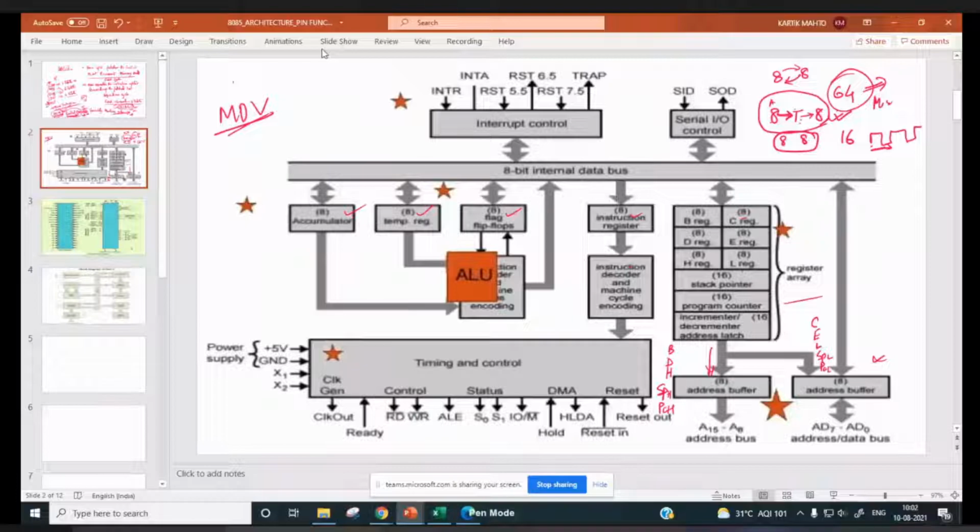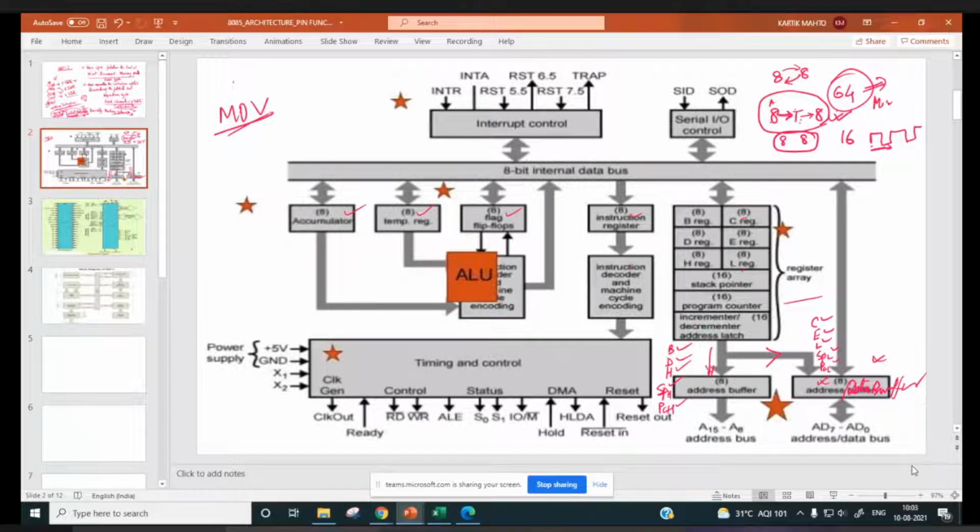This is the address slash data buffer, right? This is 16-bit, containing B, C, D, E, H, L, SPH, SPL, PCH, PCL, right? And it is divided over here, so it goes to the corresponding address data buffer and address buffer.